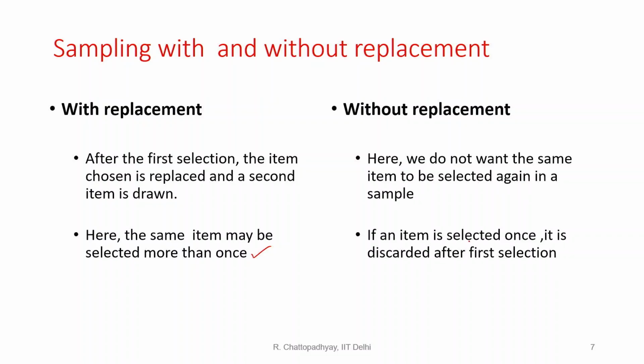Therefore, if an item is selected once, it is discarded or kept separately after the first selection, and then we go for the second selection, then the third selection, like that. Every time we select one, that is kept separately. So these are the 2 different ways that sampling of the items can be done